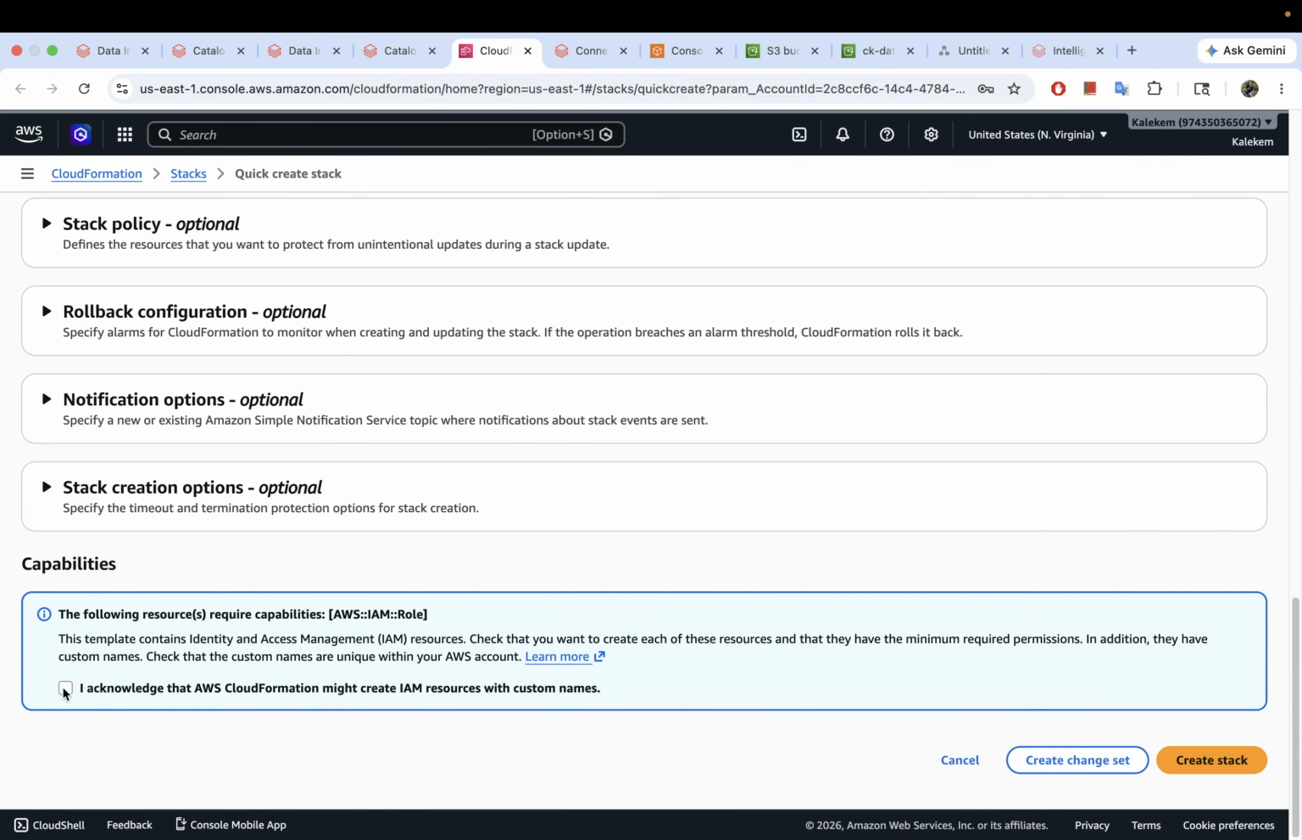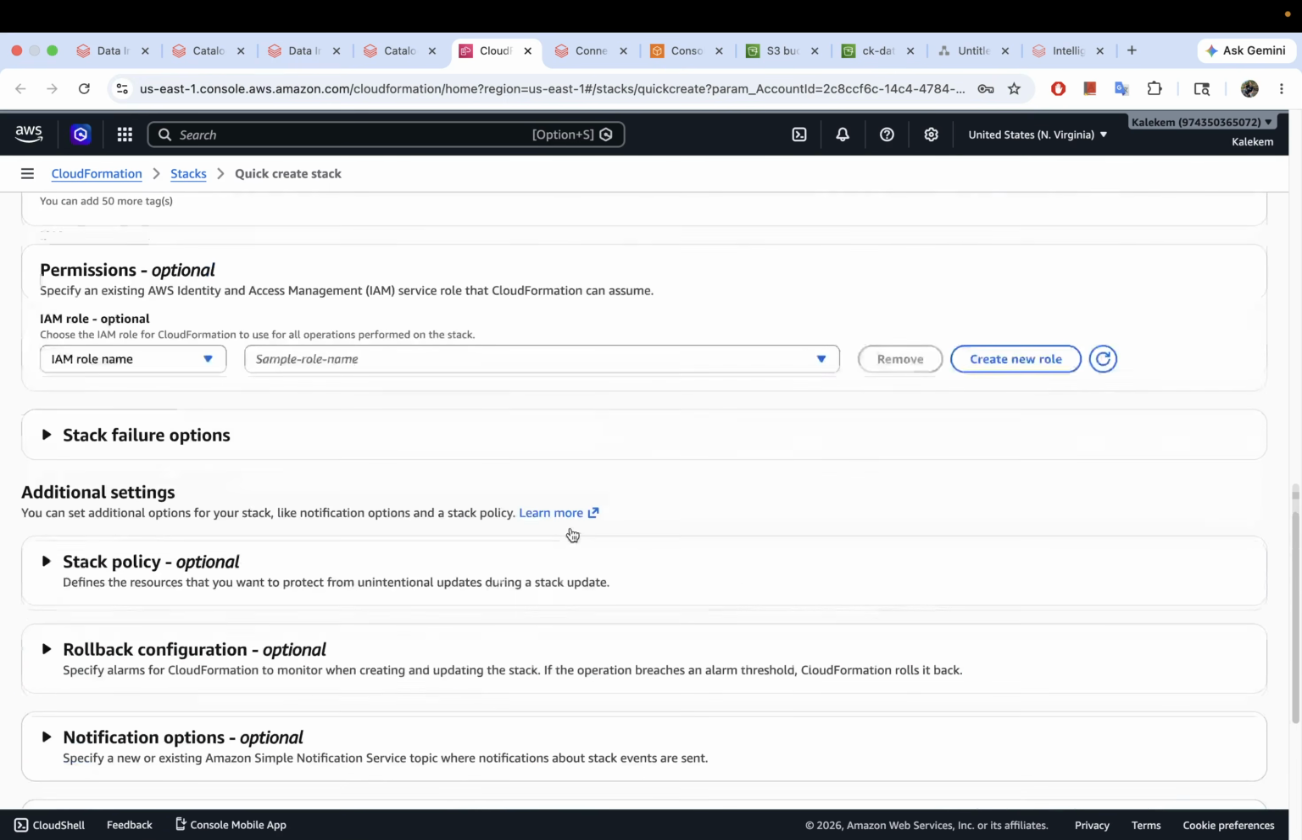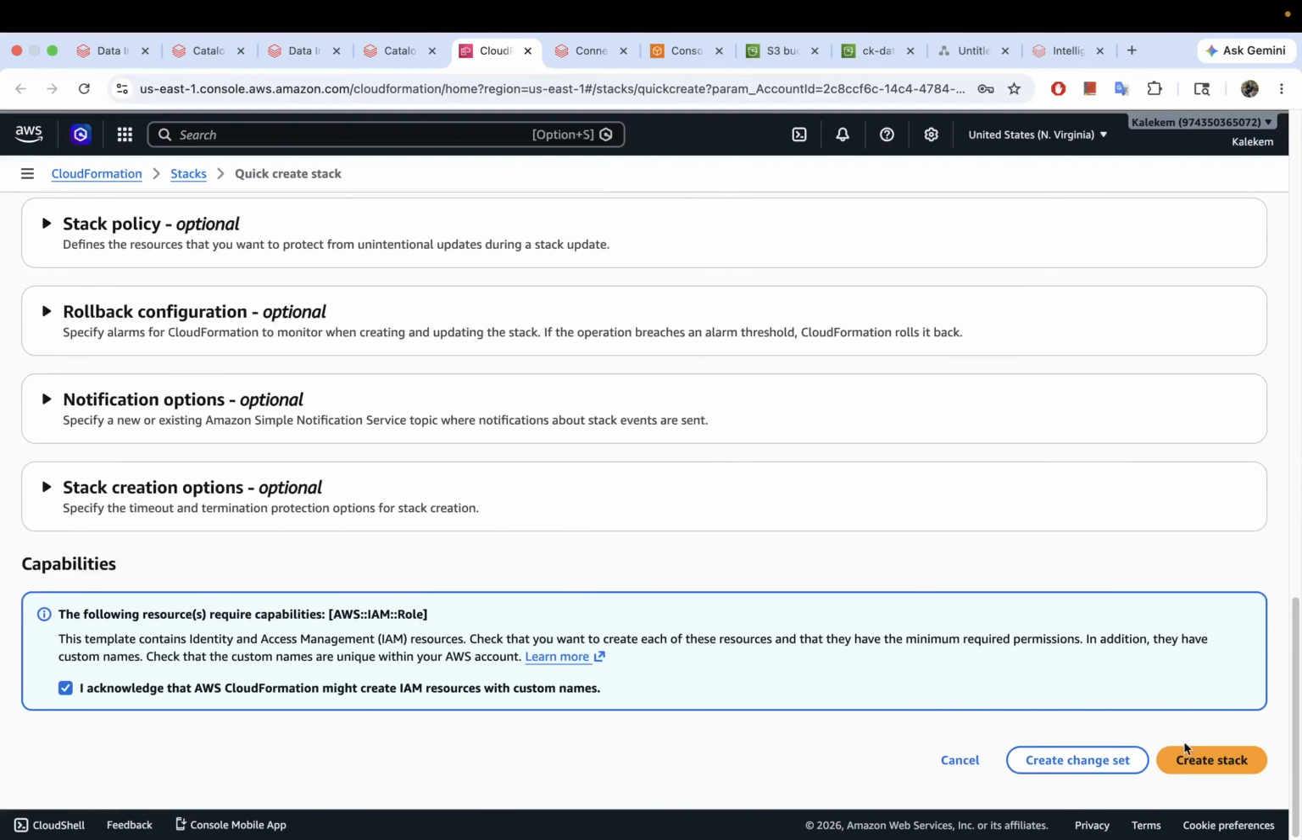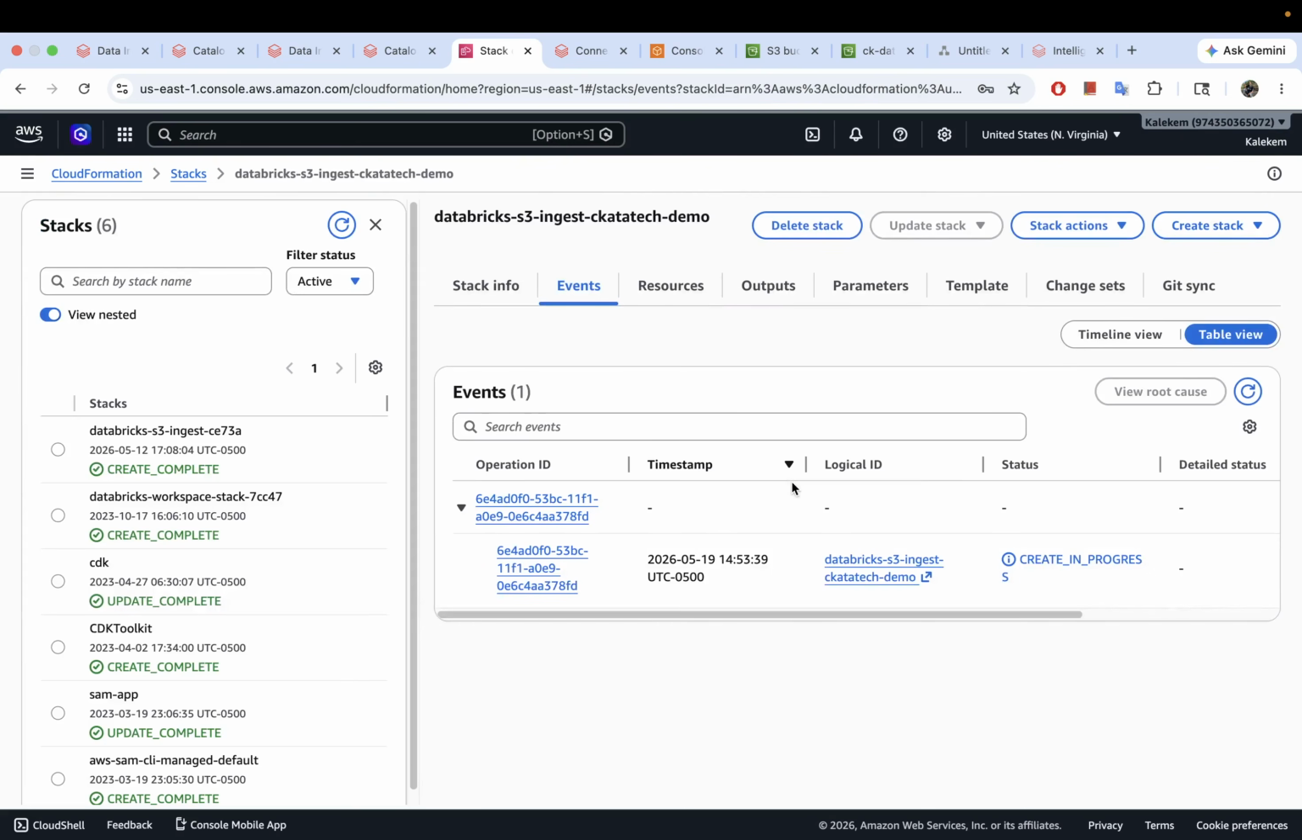So we'll just scroll to the bottom here and we'll hit where it says acknowledge, that I acknowledge that AWS CloudFormation might create IAM resources with custom names, so that is okay with me. Okay, and then just go ahead and hit where it says create. All right, so you go ahead and hit create, and